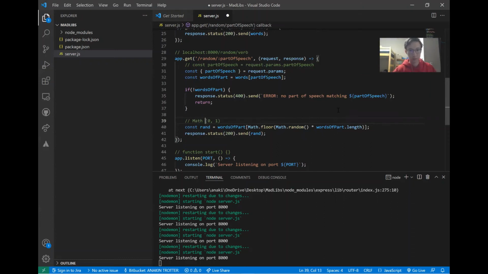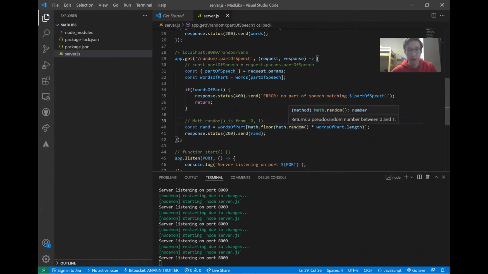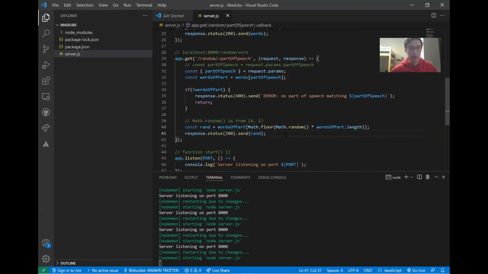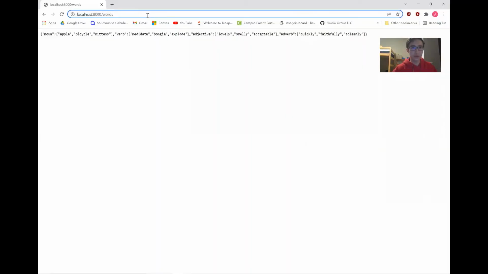By multiplying it by wordsOfPart.length, we can encompass the entire array. So for example, if the length is 3 and Math.random returns 0.5, when we multiply by 3, we would get 1.5. And then by flooring that, we would get the index, which is 1, because we can't have decimals as indices. So now if we were to go to this endpoint,